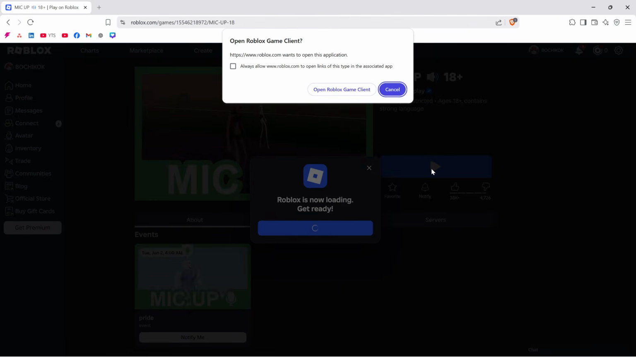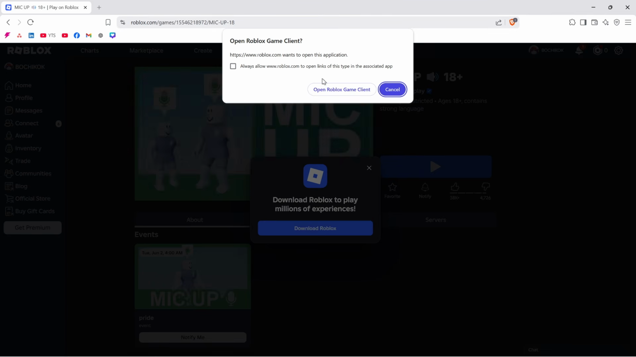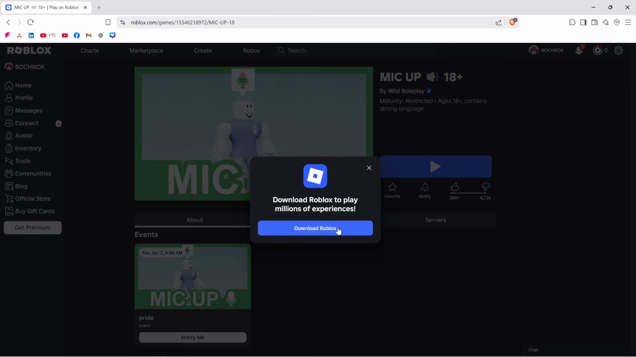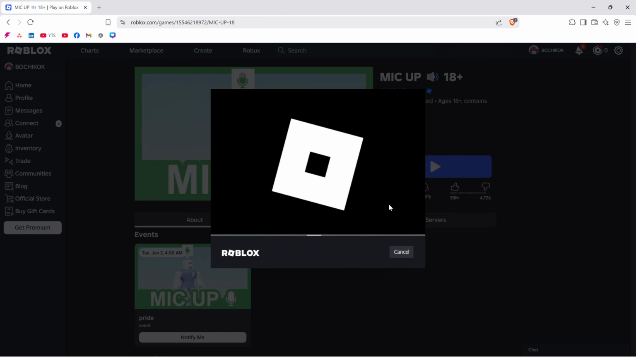As you can see here, mine says open Roblox game client because I already have Roblox installed in my computer. Yours will be different. So go ahead and install the Roblox application, and once that's installed, it will just automatically open up the game that you wish to play. Just like this one right here, download Roblox. I'm just gonna wait for Roblox right here to load, and after that, My Cup will now